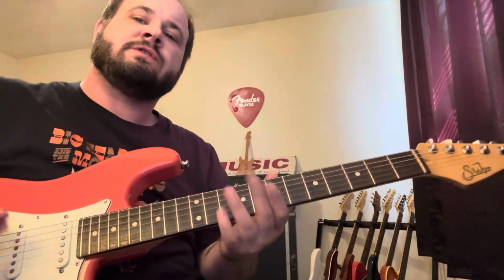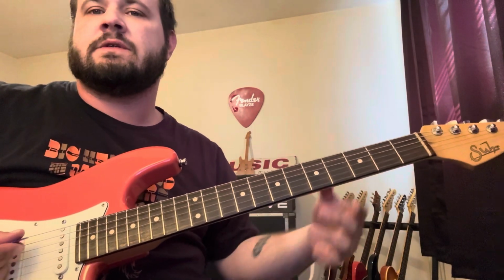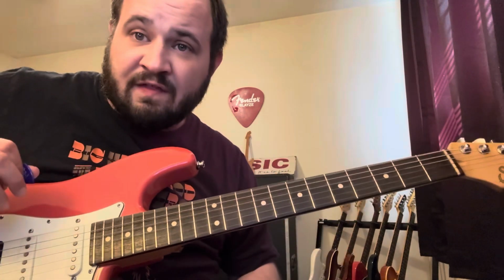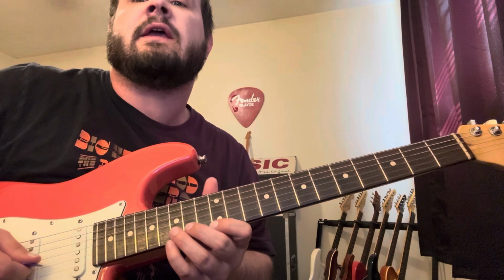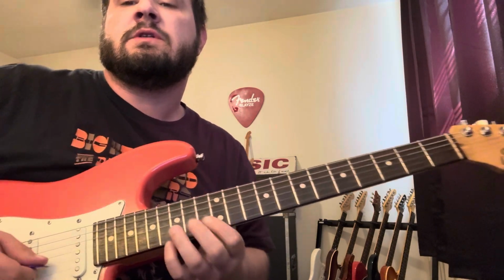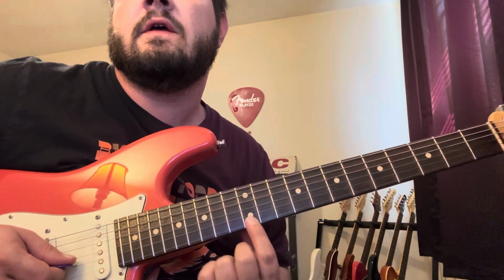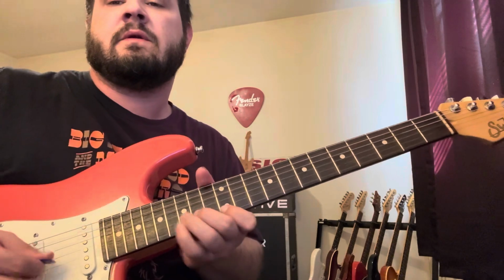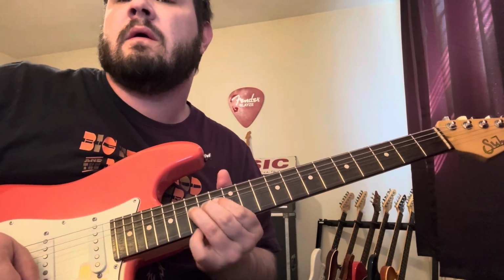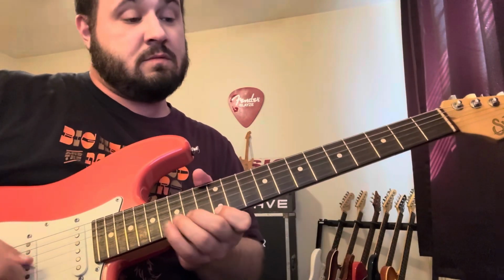And what happens here is we have a measure of E minor so that we can loop the chorus. So what I would do, hit that E note, and then your lick is: we're bending 15 to 17 on the B string, toggling to the 12th fret of the high E string. Bend it up and shake it. Then you're back into the...